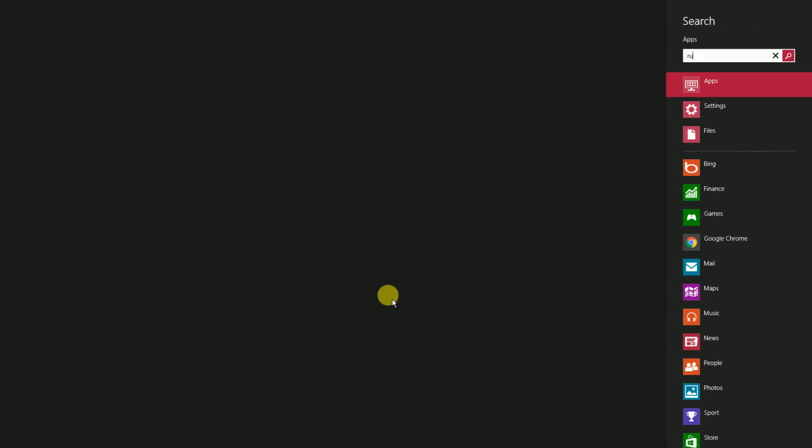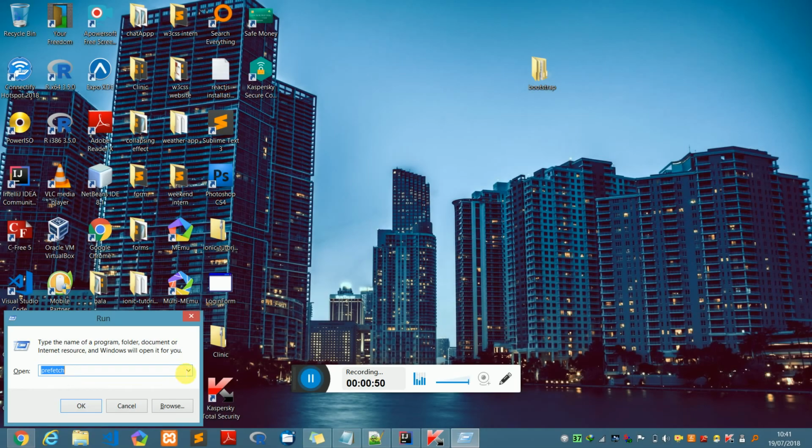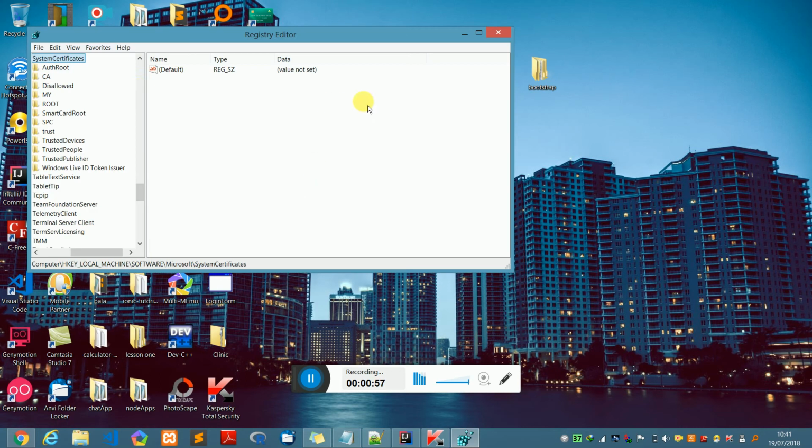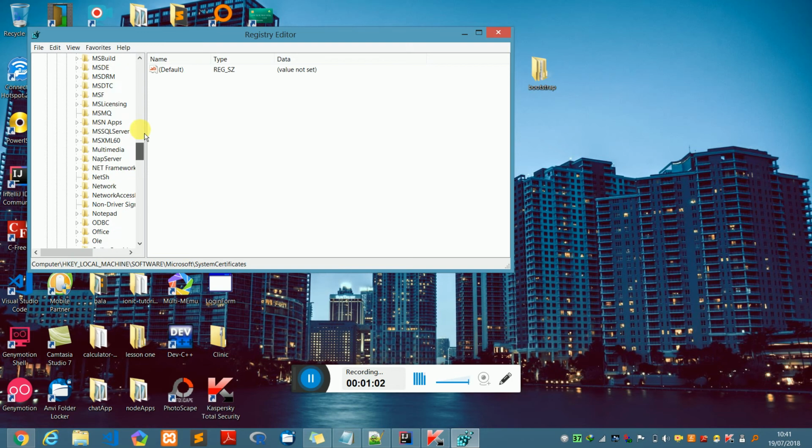After doing so, I also told you to go to your uninstall and type one known as regedit. If you click there, you should go to this part of the page. This is what I told you last time: make sure you select Local Machine, and inside Local Machine select Software, and inside Software select Microsoft. Inside Microsoft go down and pick Certificates, System Certificates, and delete one as